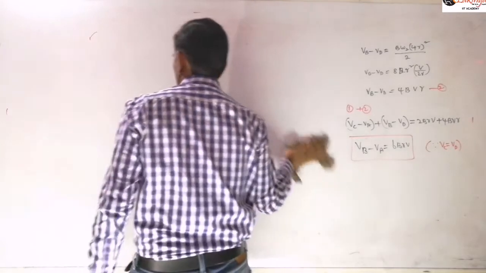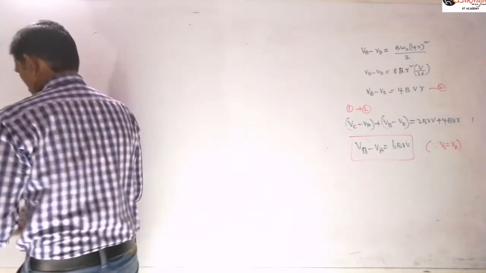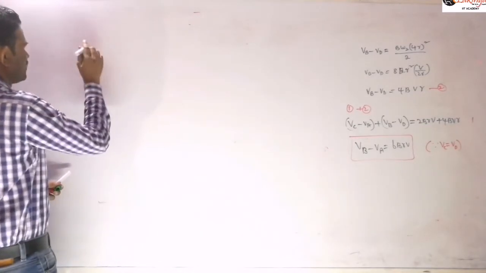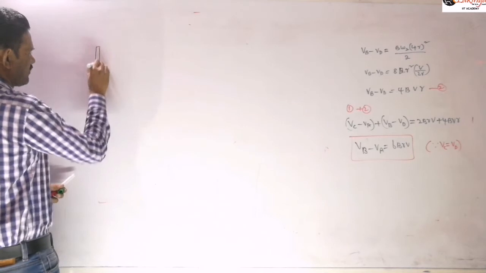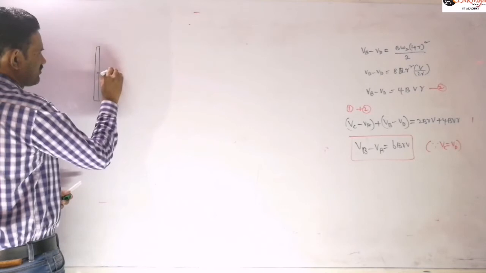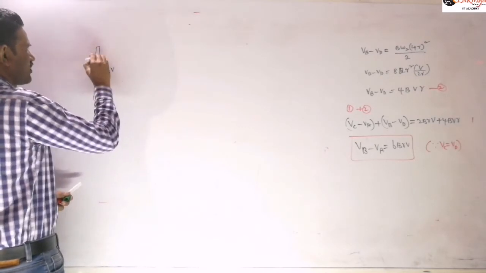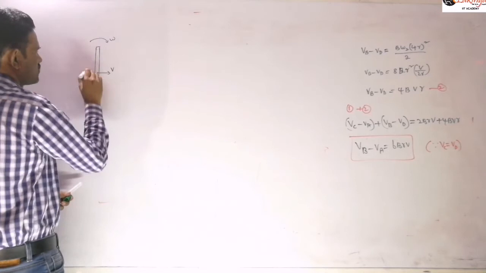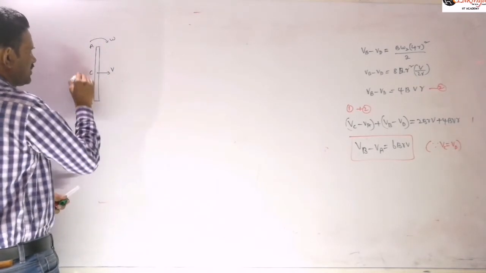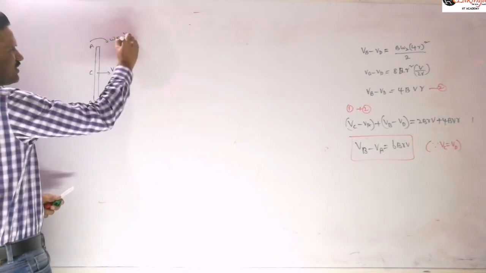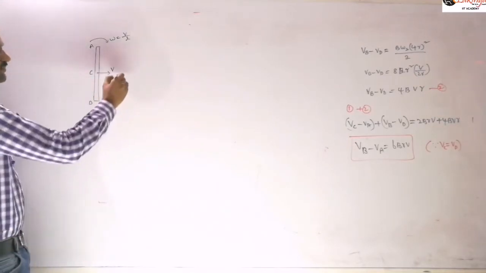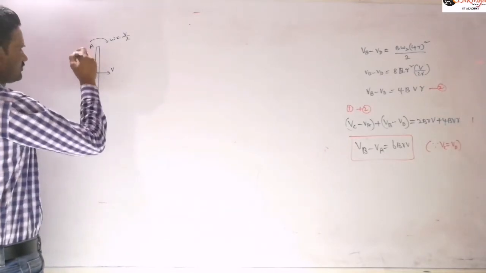Next, related to this rotatory motion, sometimes they will give a combination of translational and rotational motion. I will explain how to solve that, so that you can simplify such problems further. Let us consider this rod is rotating and moving with velocity v, and it also has angular velocity omega. This is our points A, B, and this is the point C I am taking here. This length is L, and the angular velocity is V by L. Just write that there is a uniform magnetic field of B.